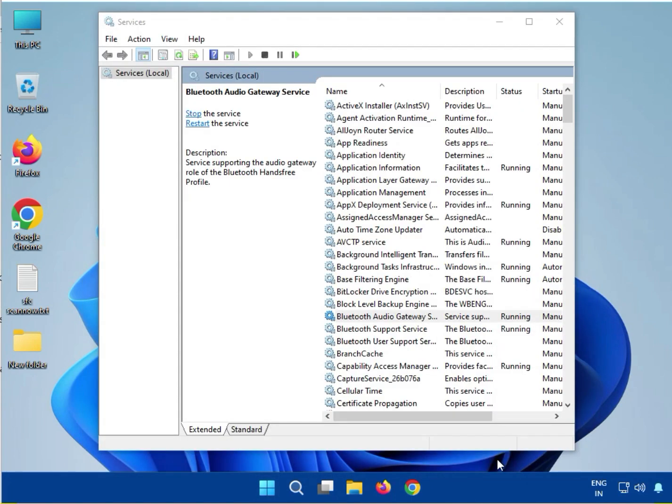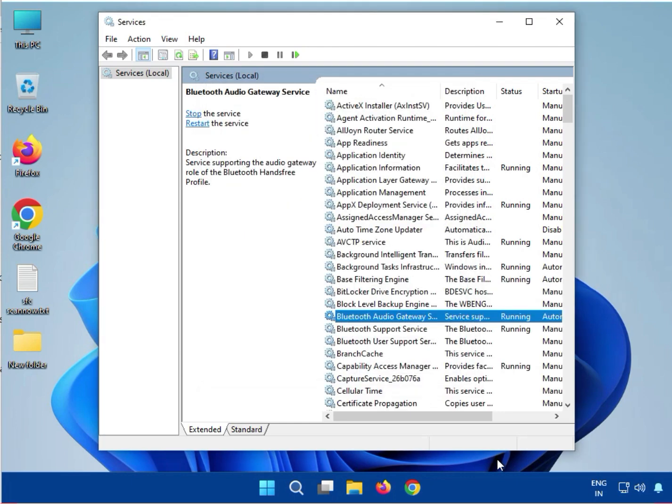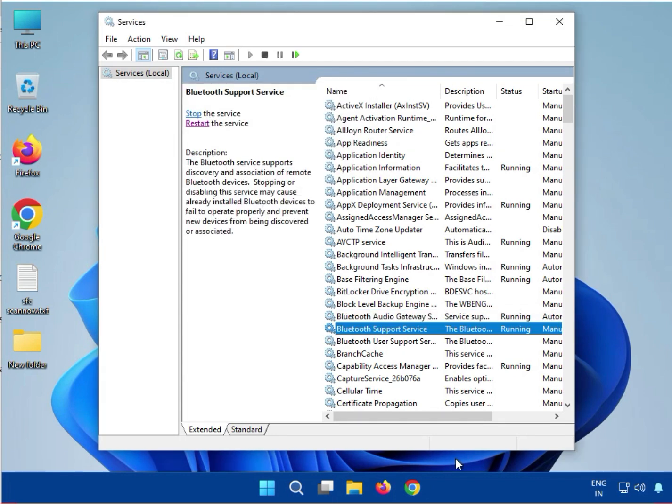So you can see here Bluetooth, just double click, select automatic, then apply, OK, then click to restart, then support service to again restart,